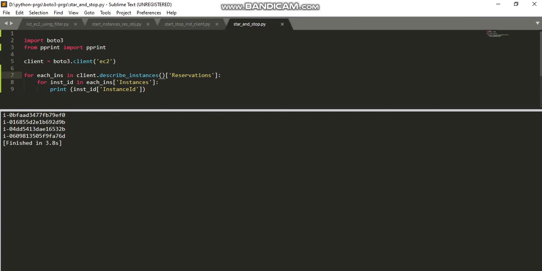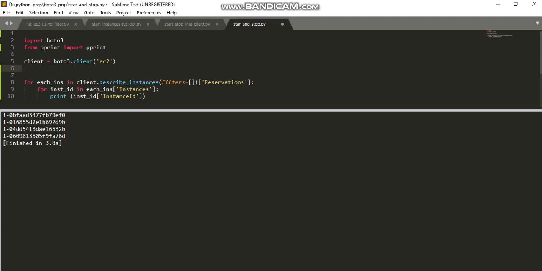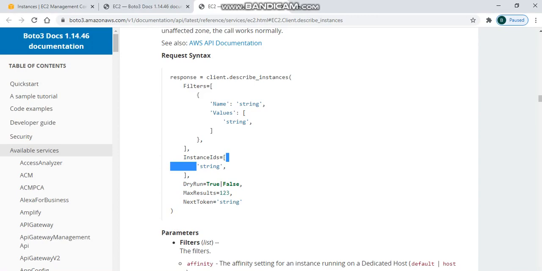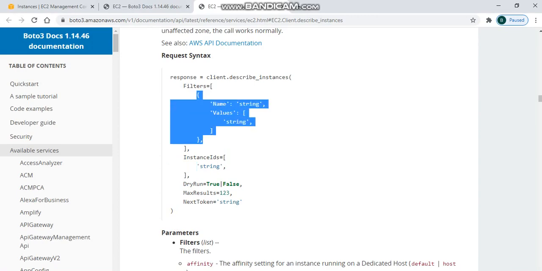Describe instances. So now let me pass this. I want to pass the tag value test environment as the parameter. Let me define one object, tag test environment, right? You can define any object here. So let me copy the filter parameters. The filter parameters are in a dictionary format.